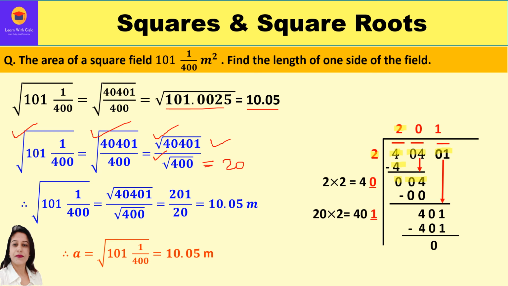Now this is our new dividend, for which we need a divisor. We shall take the first quotient, that is 2, and multiply by 2. 2 into 2 is 4. Keep a blank over here, or just add 2 over here to get 4. That way also we can do. Now what should come in this blank? The same number we have to multiply in the quotient to get a product which is equal to or less than 4. So clearly we can keep 0 over here, because even if we keep 1 over here, 41 into 1 will be 41, right? So we shall keep 0 over here. Our divisor is 40, quotient is 0, product is 0. 4 minus 0 is 4. Now bring down the next period, 01, which is our new dividend.